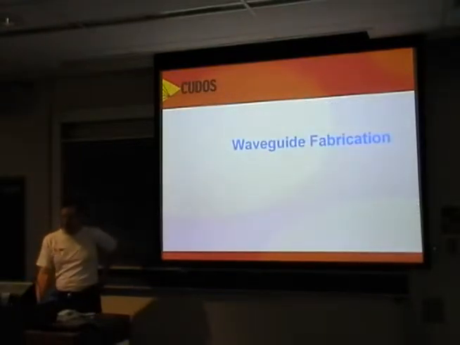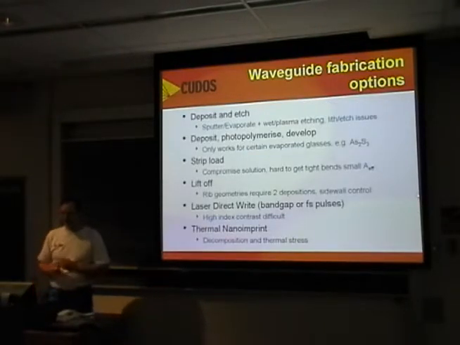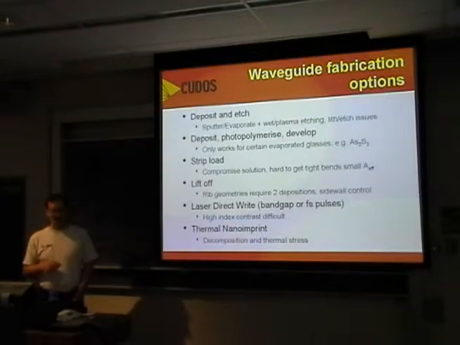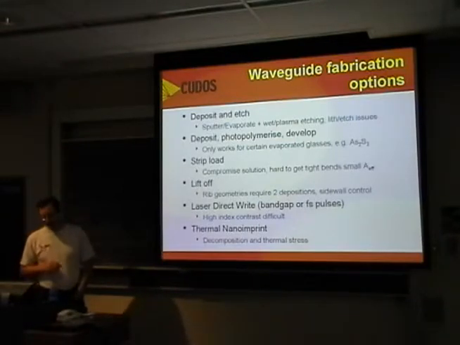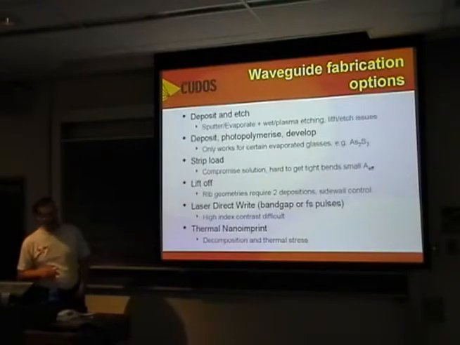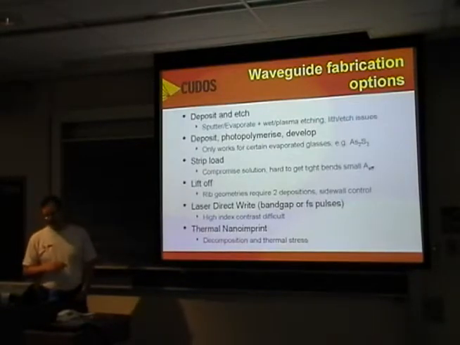Okay, so how do we make waveguides out of these devices? There's a number of options that one can pursue here. The classic approach is to deposit a thin film and then etch it away to leave yourself with a waveguide. You deposit with sputter or evaporation methods typically, and etch with either wet chemistry or plasma etching. The usual challenge in this case is the lithography and etching issues, which we'll touch on a little more in